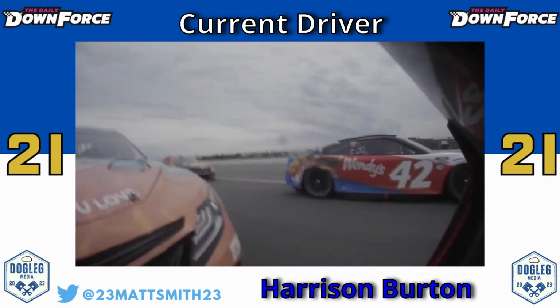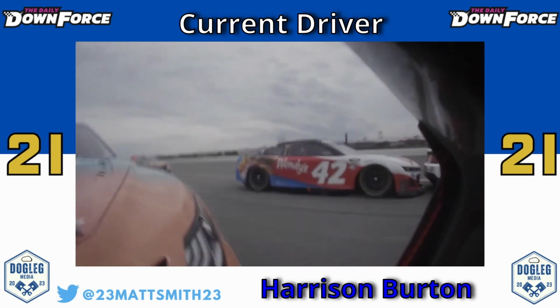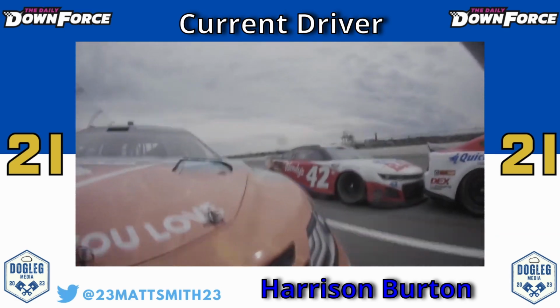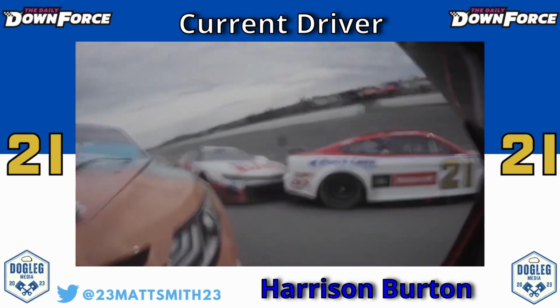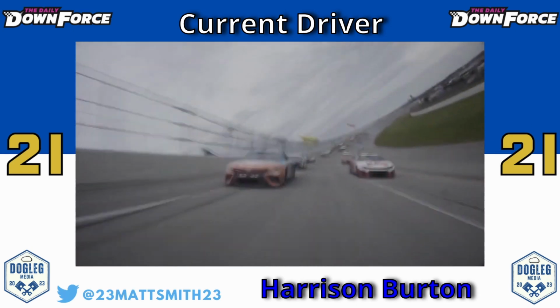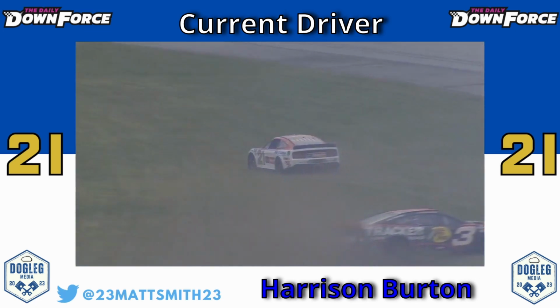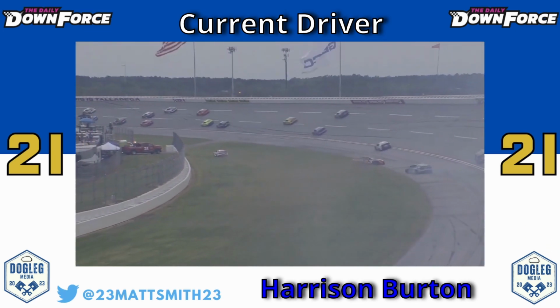And then we move on to the current driver of the number 21, Harrison Burton. After a rich history like that, Burton has big shoes to fill. Certainly, the 21 isn't as dominant as it was in years past, but it is still historic and prestigious nonetheless. Burton is the son of NASCAR winner and 75 Greatest driver Jeff Burton, and Burton would enter the 21 for his rookie season in 2022,